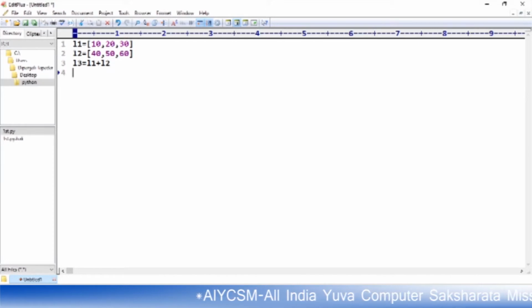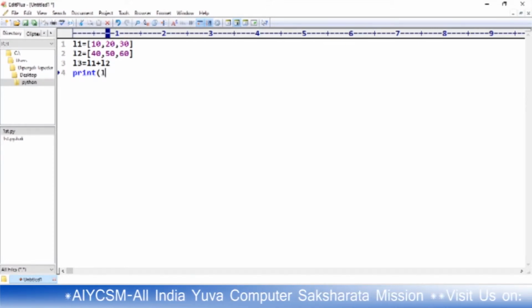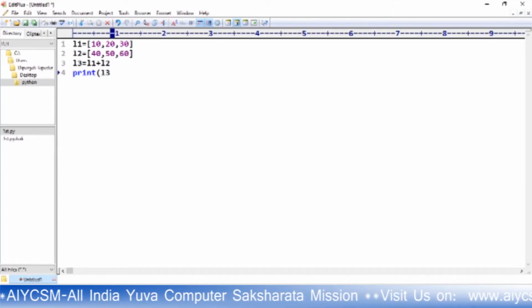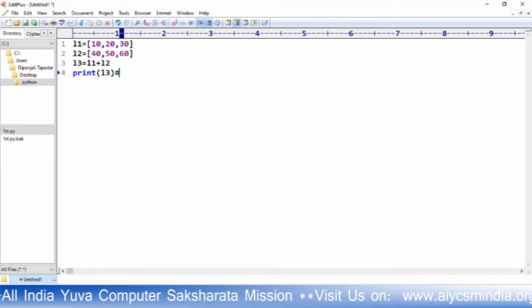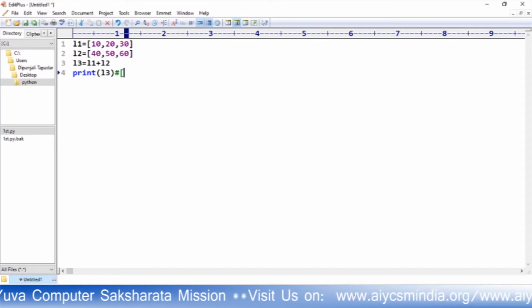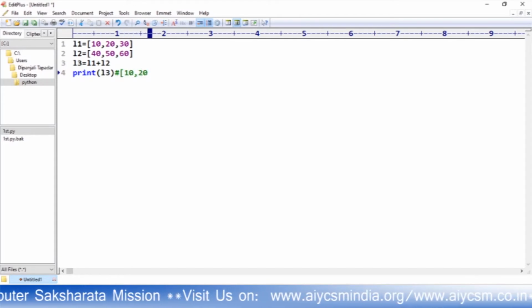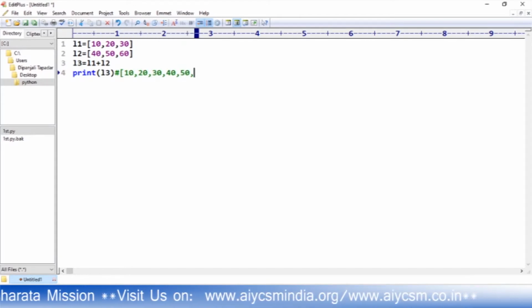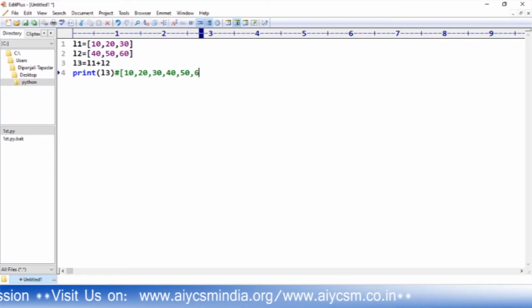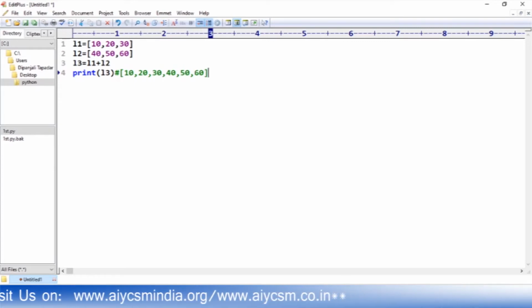Now, if I print L3, the resultant output will be 10, 20, 30, 40, 50, 60. This is actually what L3 holds.